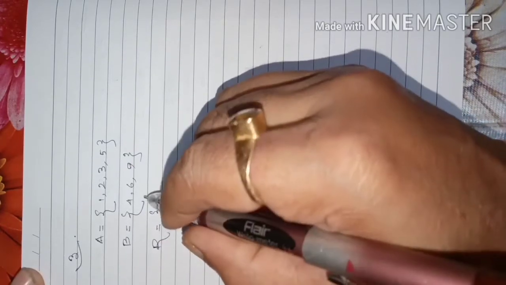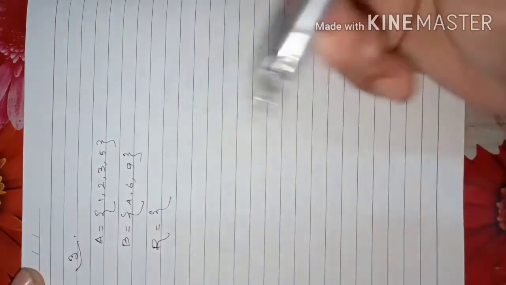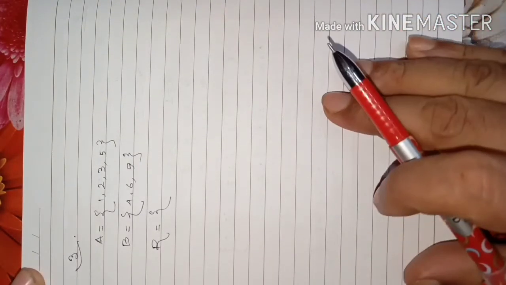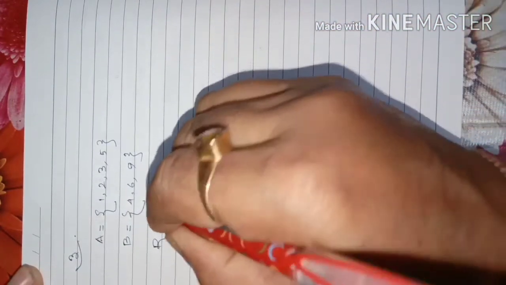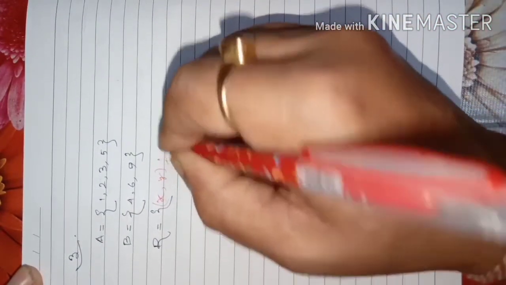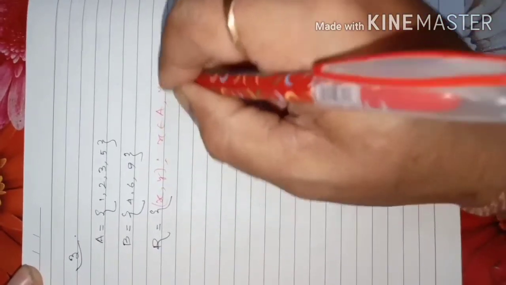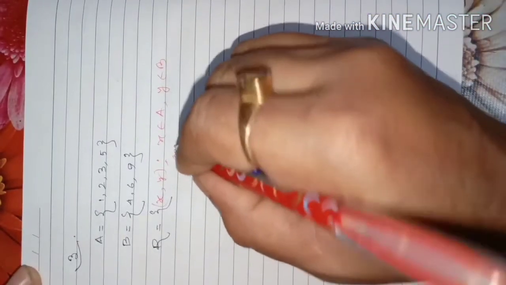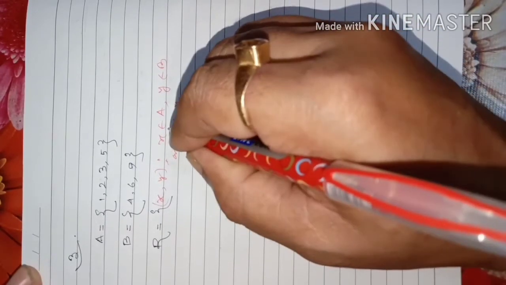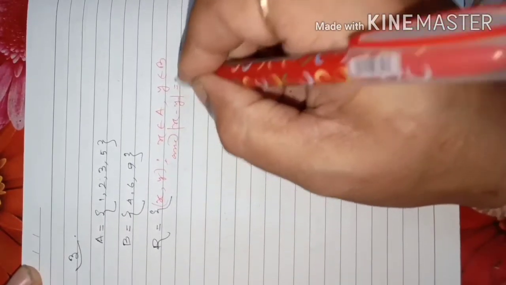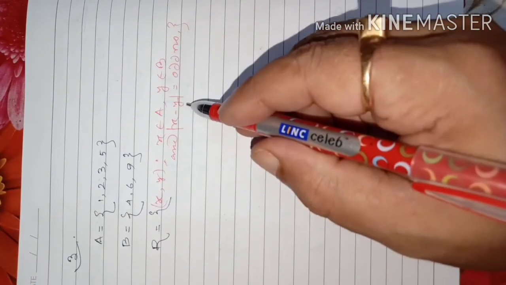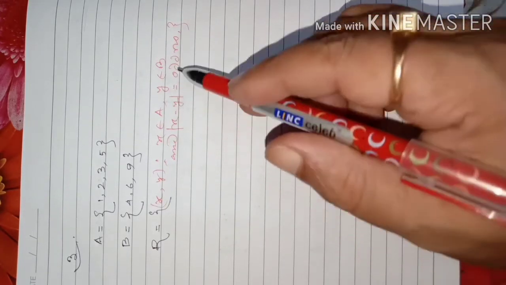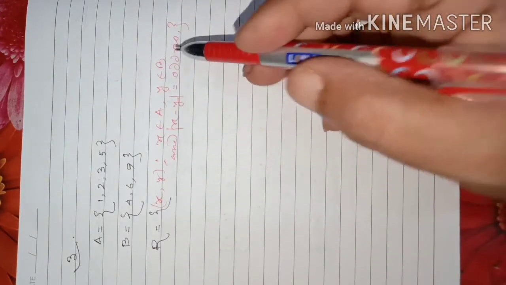So here you see, students, we have to take this (x, y) in such a way that their difference is an odd number. The difference of x and y should be an odd number. (x, y) such that x belongs to A and y belongs to B, and the absolute value of x minus y should be an odd number. I have put the absolute value sign because x minus y may be negative also, but I want to see only whether an odd number comes out or not.